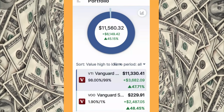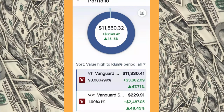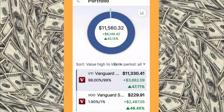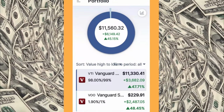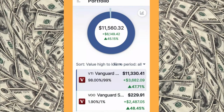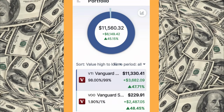Okay, let's continue on at M1 here with my wife's taxable account. So it has $11,560.32. So if we're going to take all these accounts, and they're all invested in basic things like VTI, VOO, FZROX. We do have some small positions in Apple, Nvidia, Microsoft, just basically parts of the Magnificent Seven in small amounts sprinkled in. But if we add them all up in order to get a total of what we have here,